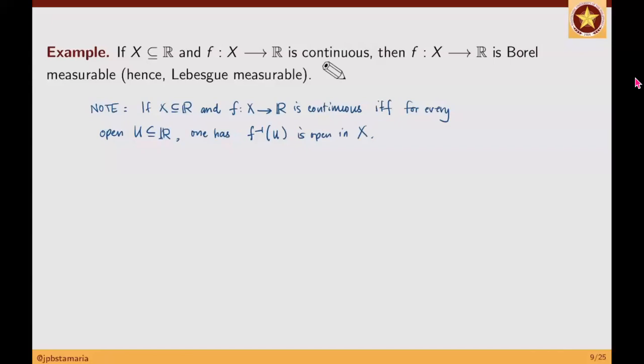Kumbaga, if you want to state continuity using open sets only, without reference to epsilon delta, if you don't want to use the epsilon delta definition, you can use open sets to characterize continuous functions. At ito yung characterization. Kung hindi nyo naaalala yung theorem na ito, of course, I will not do the proof here kasi this is a thing from advanced calculus na dapat na-establish nyo na noon. Okay?